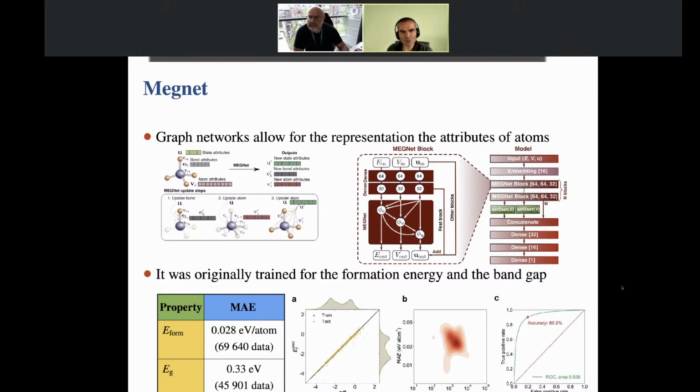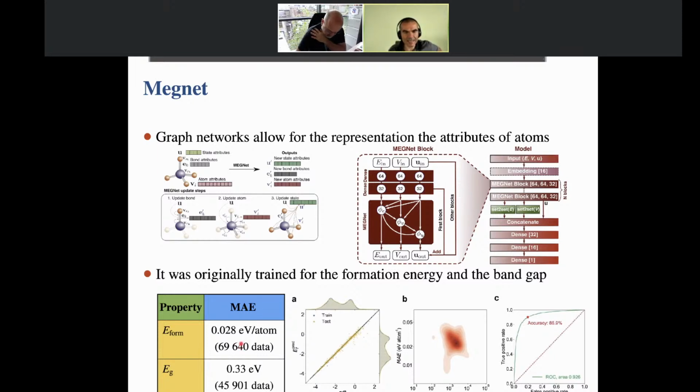Magnet was developed by training the network, because it's a neural network that converts the structure into these 96 numbers. It was trained originally on the formation energy, based on the data on the Materials Project, typically, as I was saying in the beginning, about 70,000 materials here.